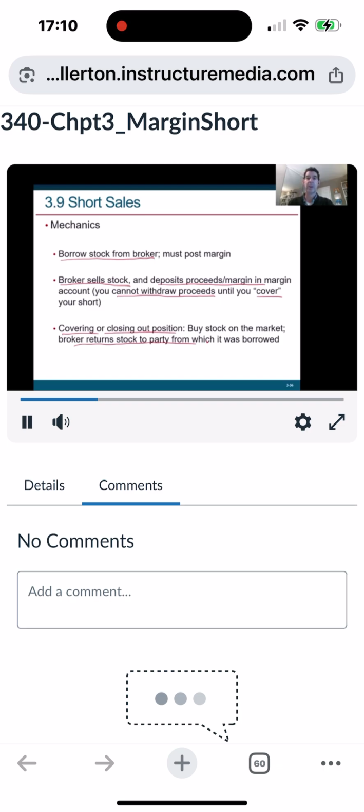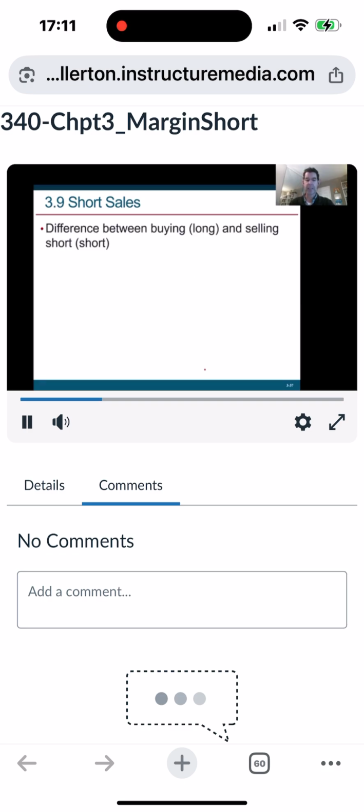It's as simple as going in and clicking on sell short and how many shares, and boom. And as long as you meet the margin requirements, and that's what we'll go over here, then it's no problem. Okay, so that's selling short.